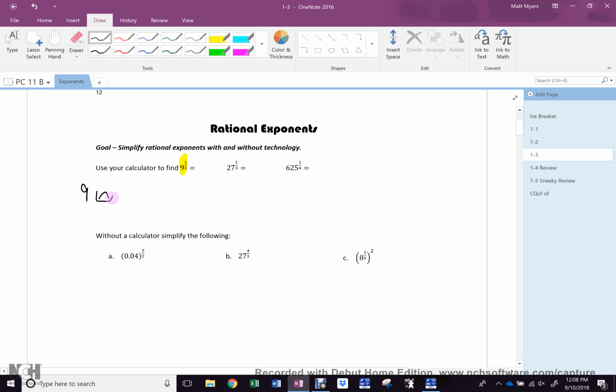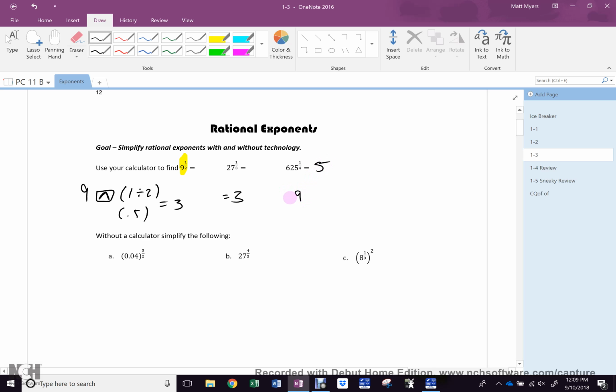I draw the little mountain because that's what mine is. Then bracket 1 divided by 2 or 0.5 if you can do it in your head. And the answer is, of course, 3. When you do it with 27, you get 3 again. When you do it with 625 and a quarter, you get 5. Because